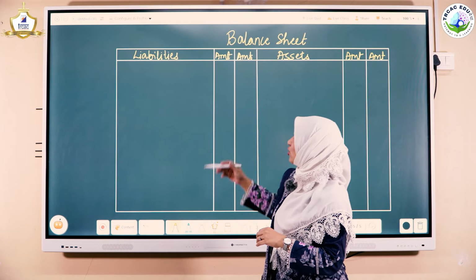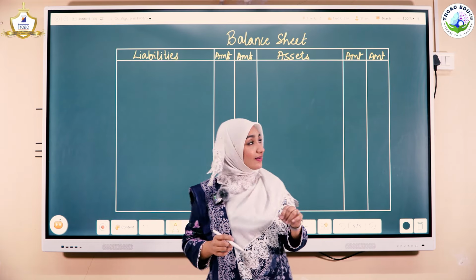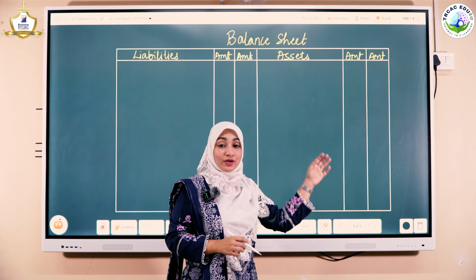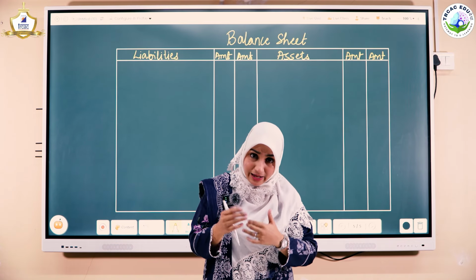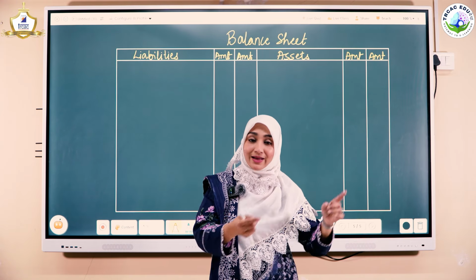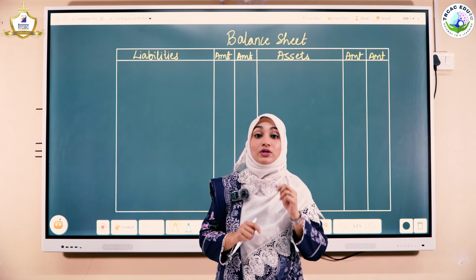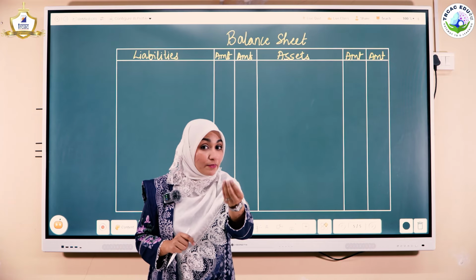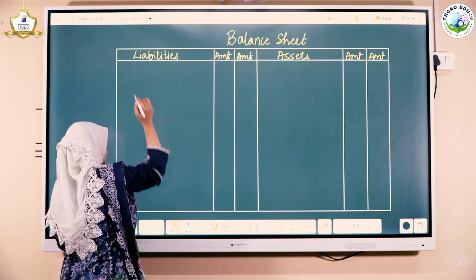Balance sheet have a column of liabilities along with 2 columns of amount, and it has assets. Now we all know very well what are assets and liabilities. But once again, to recall you for your revision, I am giving you some elements which covers into the balance sheet. So coming to the liability side, what comes very first? Correct. We have always capital.